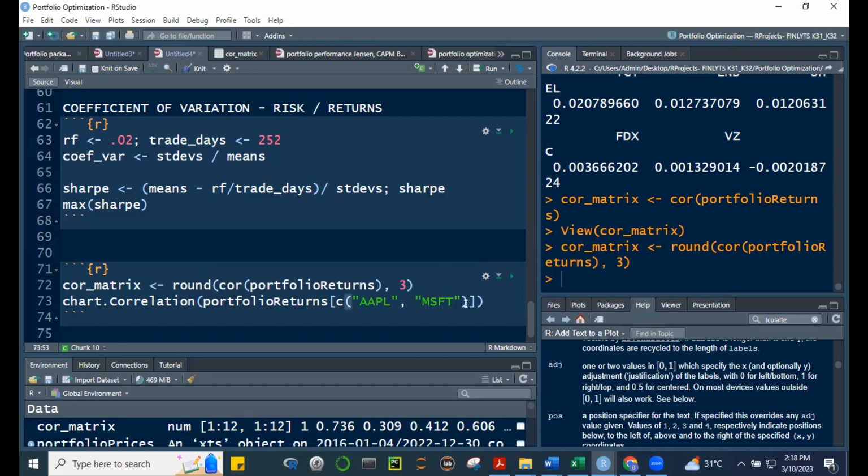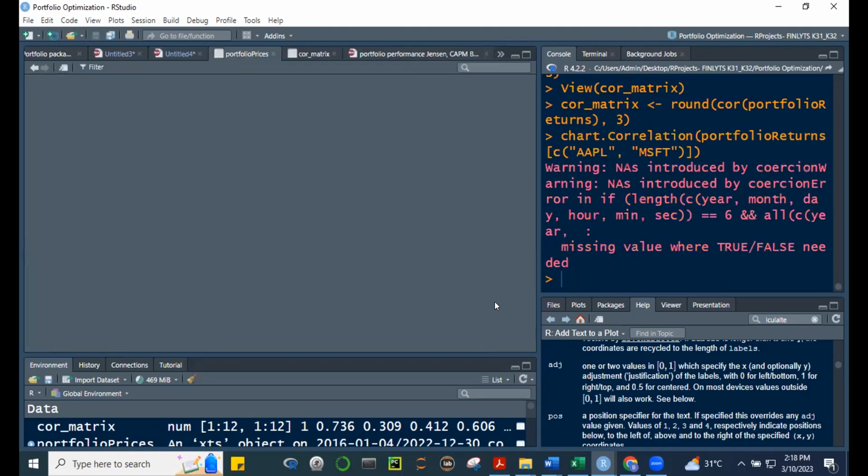And then comma dito, no? Mag-error tayo niyan. Portfolio returns, chart correlation, silang dalawa lang. Sinubset lang natin si Apple at saka Microsoft. And if you plot this,